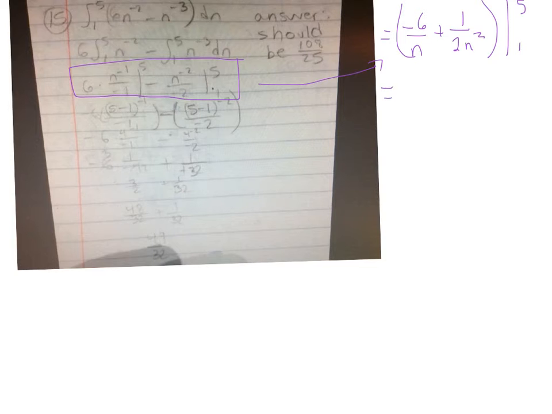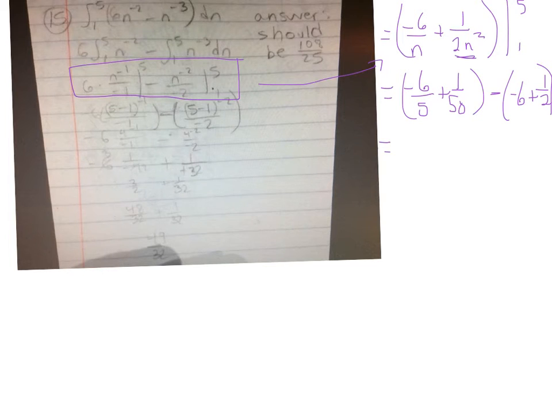So if we do this properly and we put a 5 in first, then we're going to get negative 6 over 5 plus 1 over 50, because 5 squared is 25 times 2 here is 50. Now we're going to put the 1 in, so we'll minus negative 6 plus 1 half. Okay, so now we're going to get,